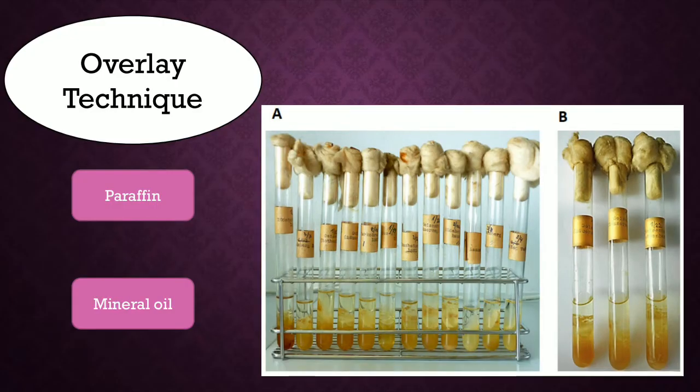The second technique is the overlay technique. In the overlay technique, the organism after it has grown is covered, or overlaid, with either oil or paraffin wax. This is also a very economical method of maintaining pure cultures for a longer time. So sterile liquid paraffin is poured over the slant culture, and this is stored upright at room temperature. The paraffin layer that is poured on top will ensure that the organisms are maintained under anaerobic conditions. There is no dehydration of the medium.